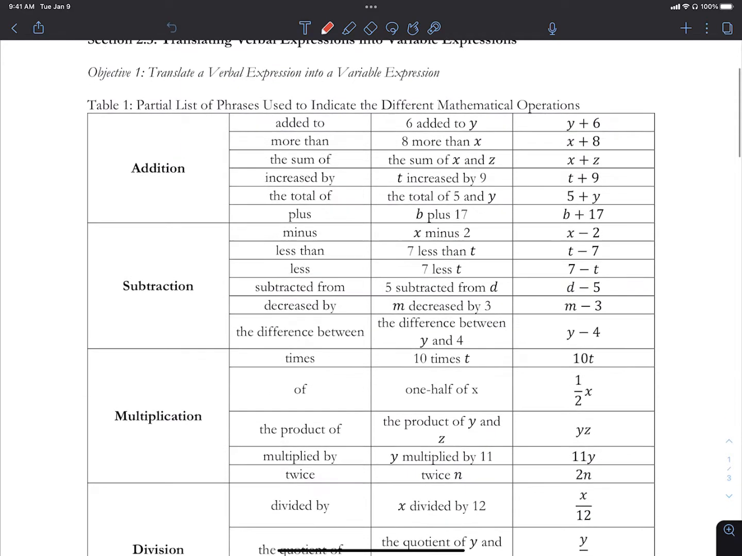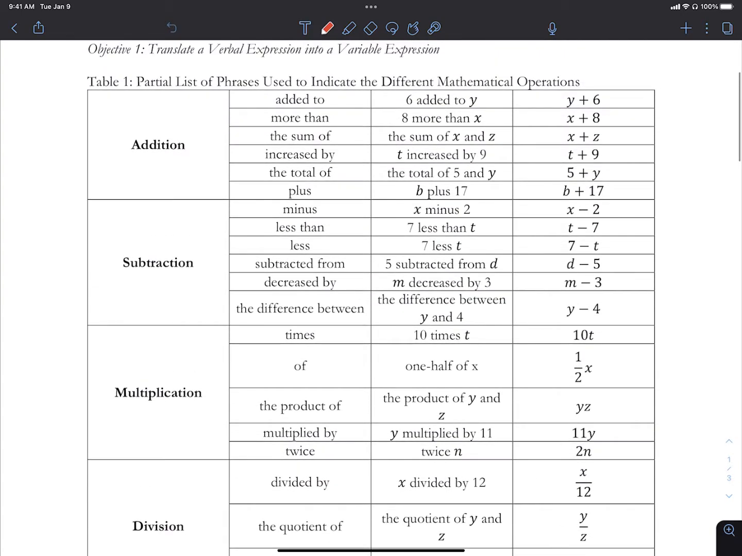And I have here table one, which is not necessarily an exhaustive list, right? In other words, it maybe doesn't contain every type of phrase that we can put into a mathematical operation, but these are some of the common ones. So I have it grouped by operation, and so you'll see the operation identified first, and then the generic phrase in the next column, and then an example of the verbal expression in the third column. And then the last column is how that correlates to a variable expression,